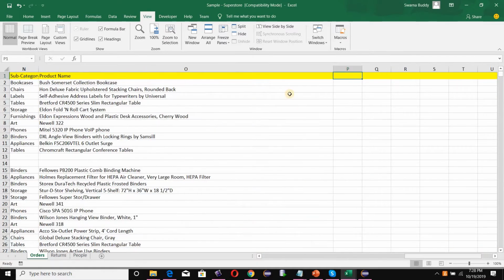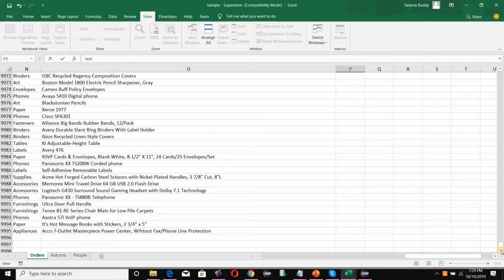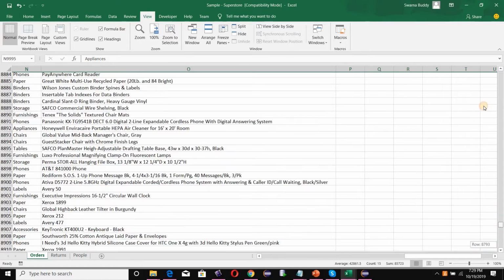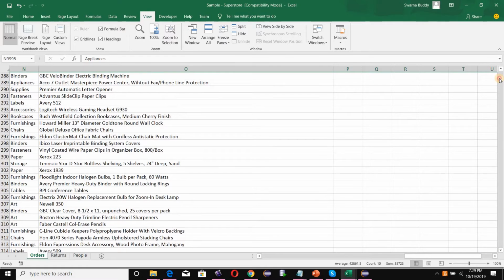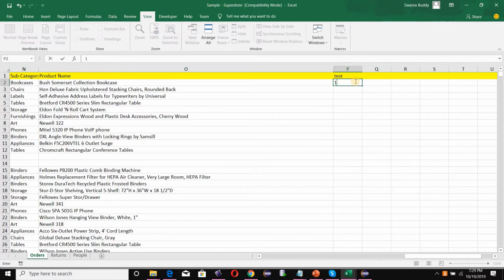So same as before, I'm going to type test here and drag down my Excel sheet to see how many rows I have in the whole sheet. So here I have 995 rows, right? First, I need to populate the test column with a series of numbers. So let me type 1 first here, and if you go to the Home tab,